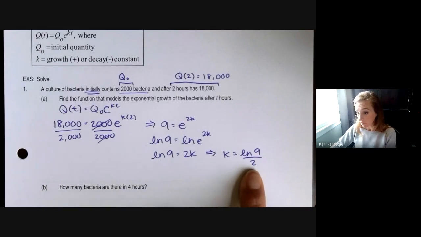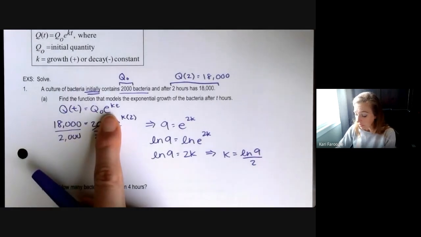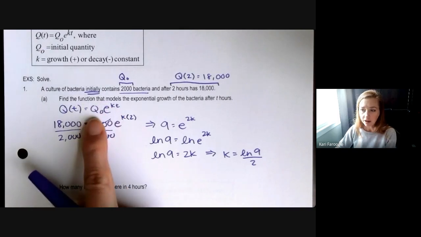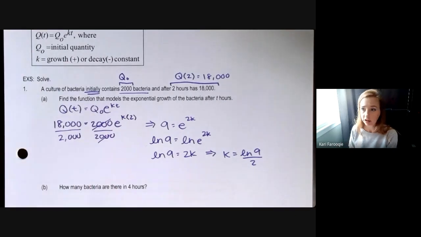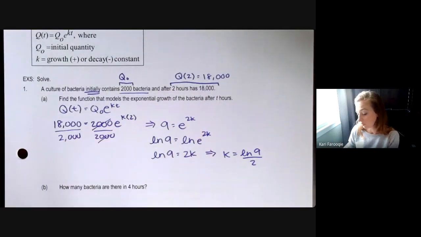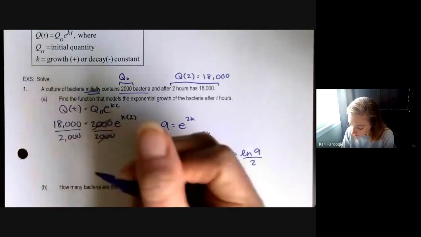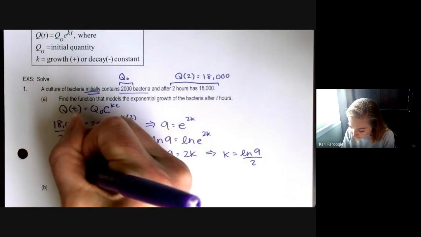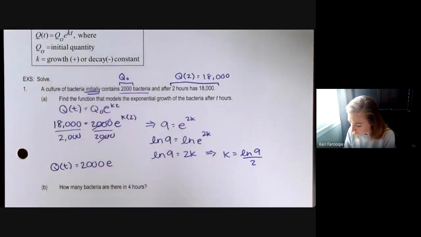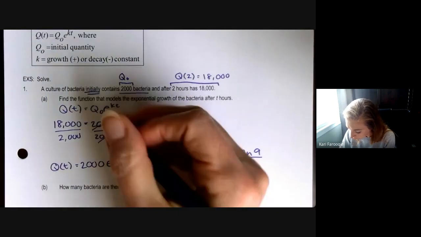So what I'm going to do now is go back to the original function that I found. Everything is going to stay the same, except I'm going to plug in the value for k that we found, and I can go ahead and plug in the initial value because that's not going to change. We were already told the initial value was 2,000. That's 2,000 all the time. What's going to change is the amount of hours and the amount of bacteria after a certain number of hours. So I want to keep q of t and t variable. So we can go ahead and rewrite this as q of t equals 2,000 e to the ln 9 over 2